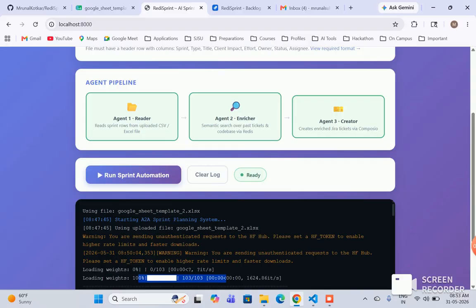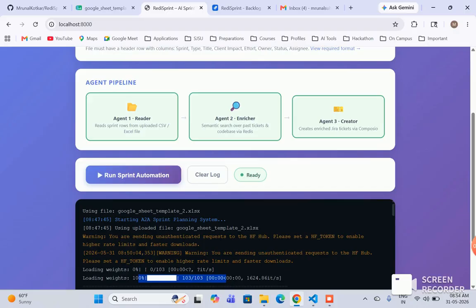Now let me quickly walk through what each agent is actually doing under the hood. Agent 1 reads the Google Sheet, grabs the latest sprint tickets, and drops them into a Redis stream. Agent 2 is where the magic is happening. For each ticket, it searches through past tickets and the codebase to find similar work, then uses that as context to generate a proper description. That's the slow part because one call is happening for one ticket.